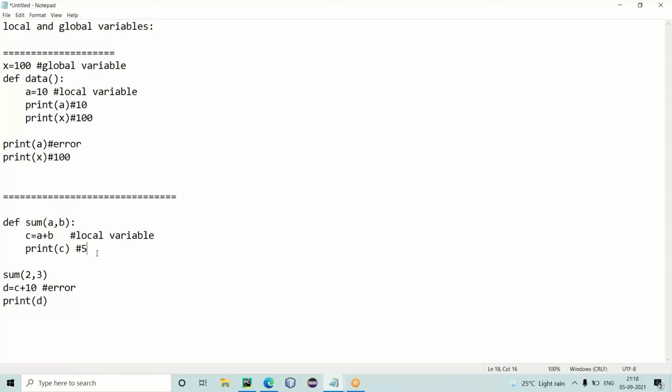So what has happened here? You are unable to use the result of the reusable block from outside the block. See, what is the result of the reusable block? 5, right? You are unable to use that 5 from outside the block because 5 is there in which variable?